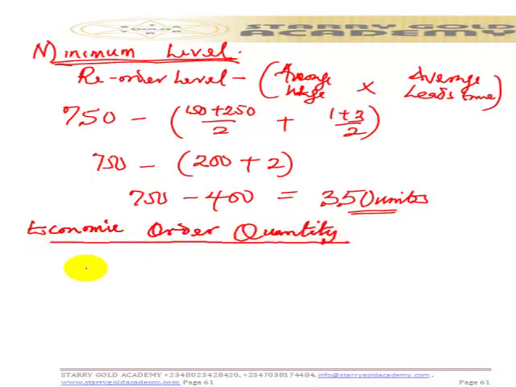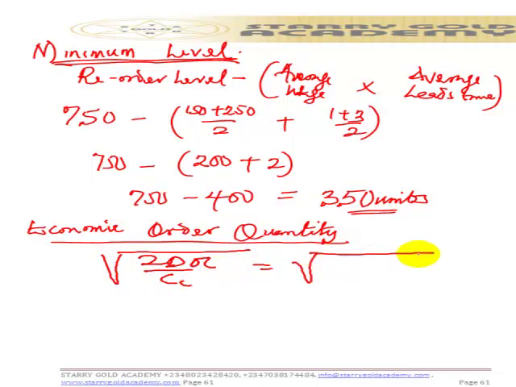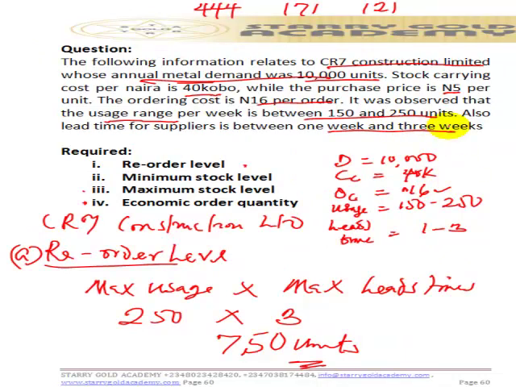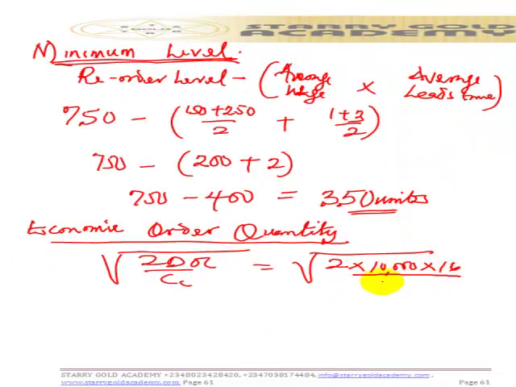Economic order quantity. The economic order quantity is given as the square root of 2DOC over CC. 2 times our annual demand, which is 10,000, times ordering cost, which is 16, and the carrying cost we have is 0.4. So this will give us the square root of 2 times 10,000 times 16, that's 320,000, divided by